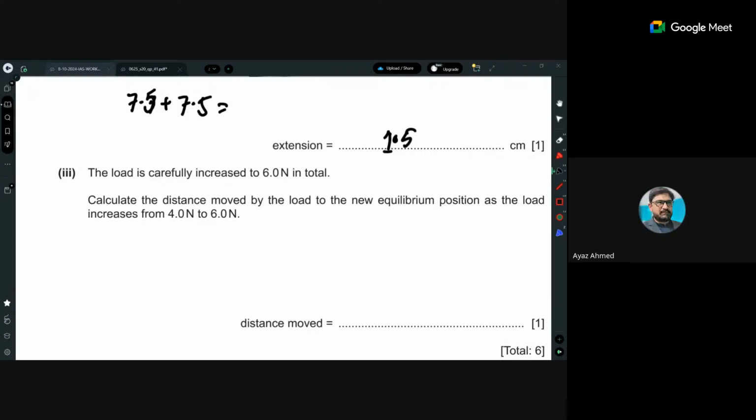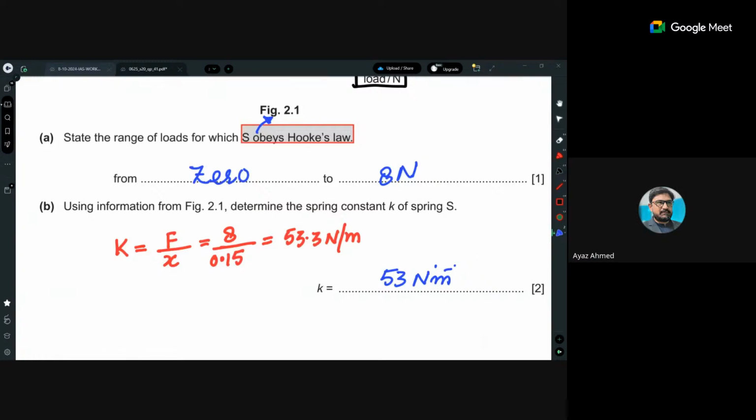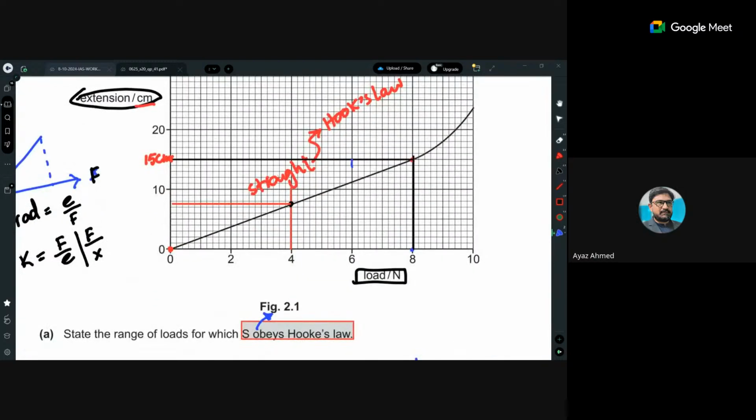Got it. The next is: the load is carefully increased to 6 Newton total. Calculate the distance moved by the load to the new equilibrium position as the load is increased from 4 to 6 Newton. What a question, man. Now you will go to 6 Newton. Did you understand the question? 6 Newton is the new load. So when the load is 6 Newton, this one,